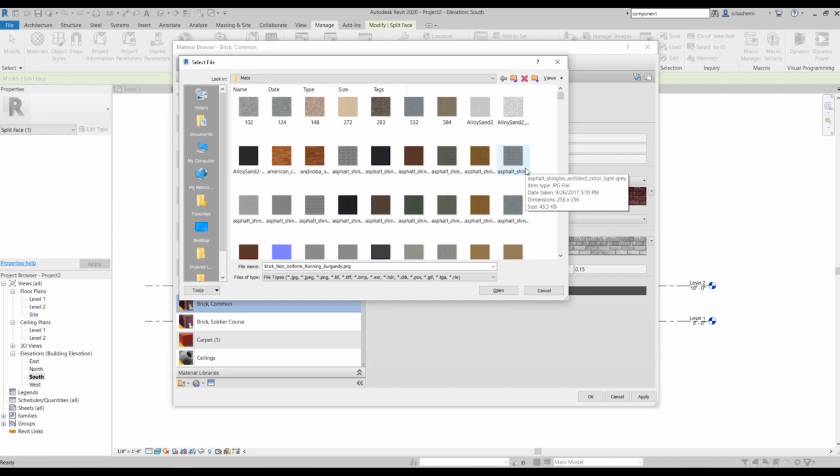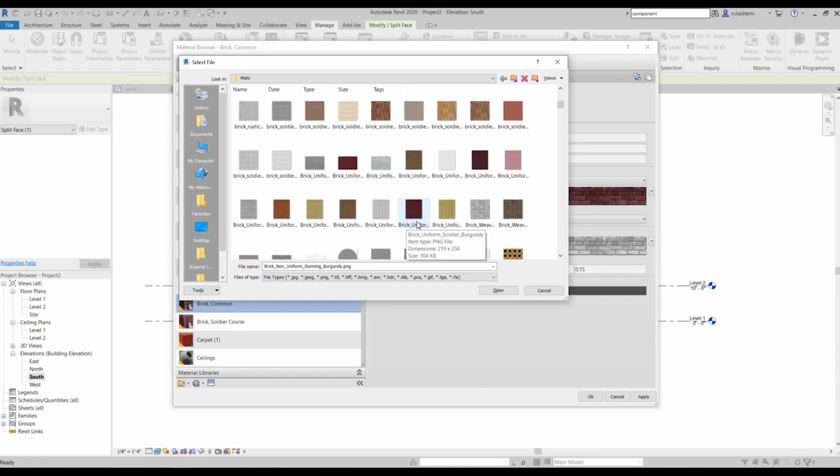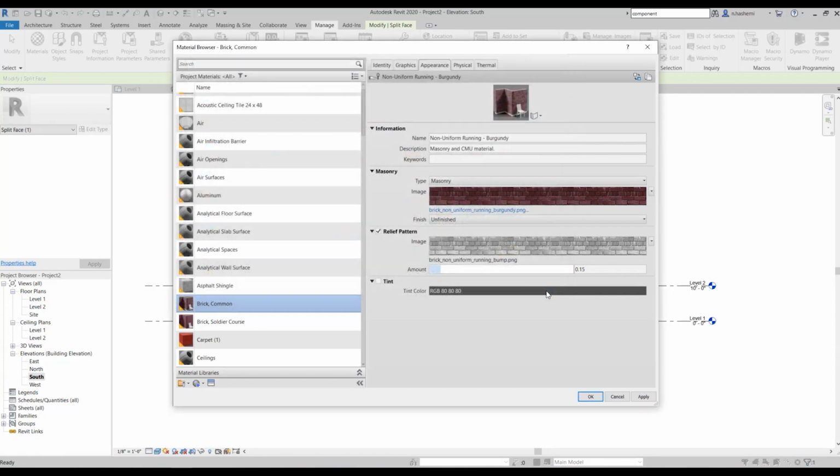We have wood patterns, ceiling tiles, and brick patterns, and many other things here. These patterns are not specific to a manufacturer, and they are just generic patterns that you can use in your model. You can explore these materials yourself and see what you can find here, okay? So let me just close it.